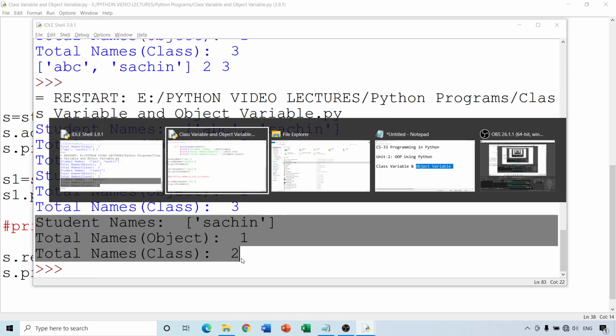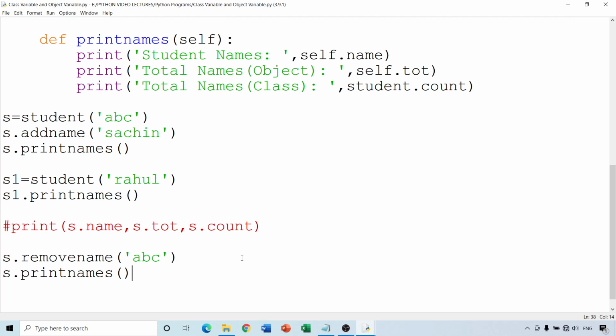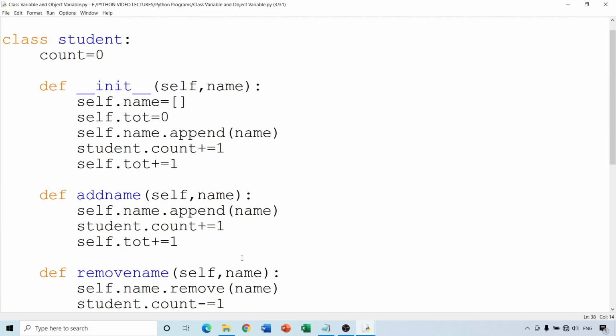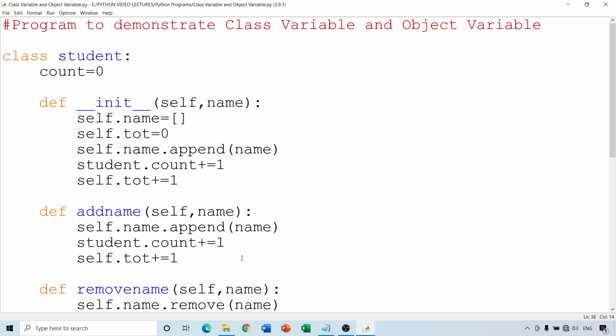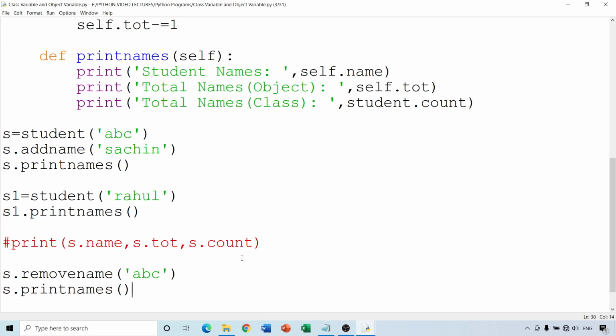So you have to be a little bit careful when you are accessing or using variables in Python. In most of the other languages, generally they are class variables and their behavior is a little different, but in Python it is a little different, specifically in certain cases. So make sure that you are using the class variable and the object variable carefully.